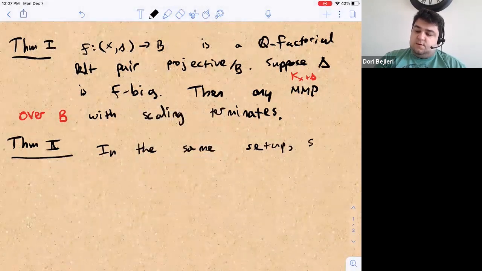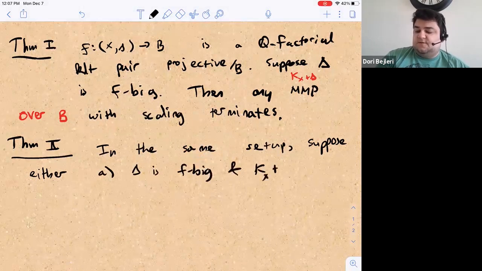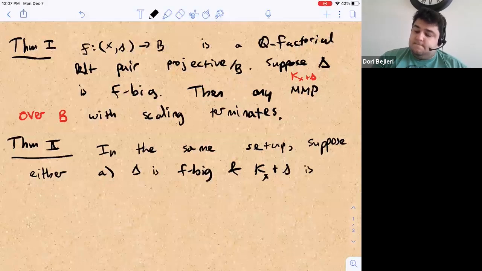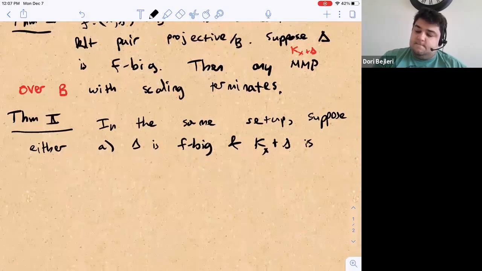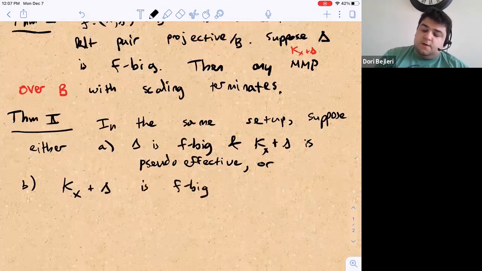Suppose that either (a) Δ is f-big and K_X + Δ is pseudo-effective, or (b) that K_X + Δ is f-big. There should be an f here, so f-pseudo-effective. Then